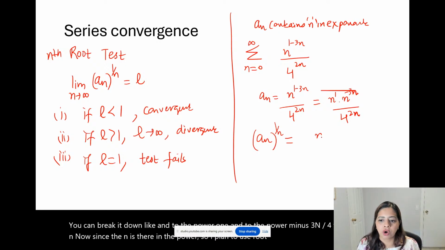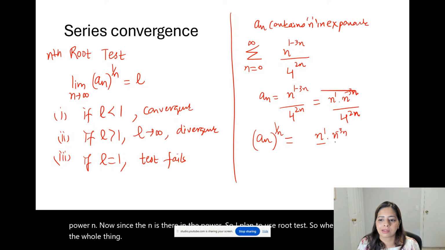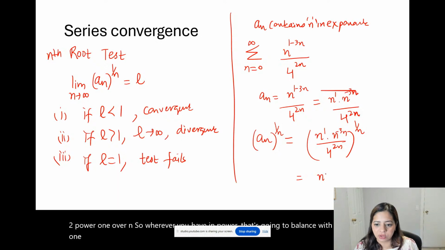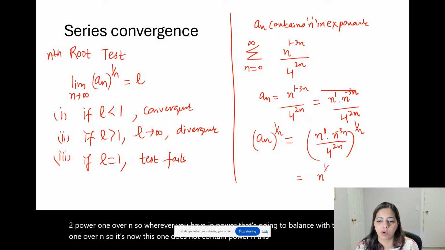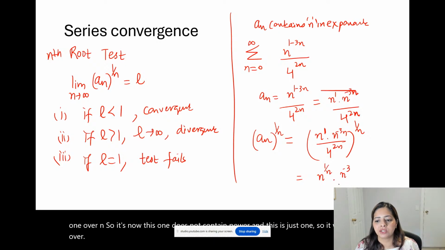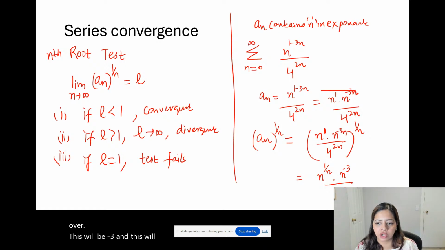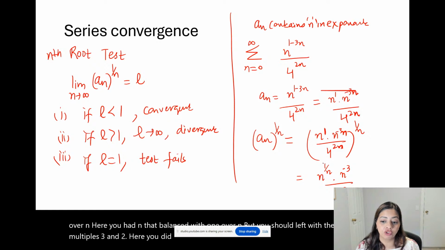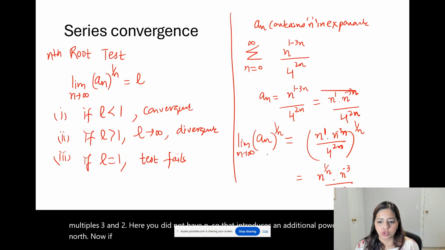So when you raise the whole thing to the power 1 over n, wherever you have an n power, that's going to balance with the power 1 over n. This one does not contain power n, it's just 1, so it will be n^(1/n). This will be minus 3 and this will be 2, because here you had power n, so that balanced with 1 over n. Here you had n, that balanced with 1 over n, but you're left with the constant multiples 3 and 2. Here you did not have n, so that introduces an additional power 1 over n. Now if you take the limit as n goes to infinity,